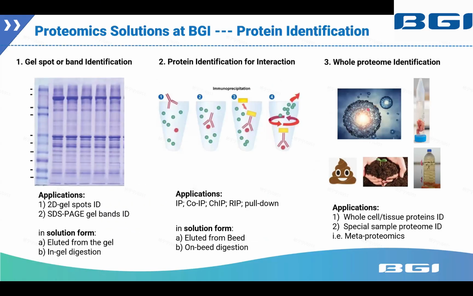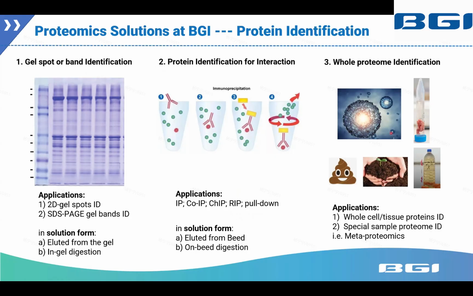First, let's talk about the protein identification services at BGI. In this service, we have 3 types of samples. The first one is the protein in the gel spot and gel band after you do the purification and enrichment. The second one is the protein obtained from protein interaction experiments, such as IP, co-IP, pull-down, or cross-linking experiments. And the third one is the protein from tissue, like cells,